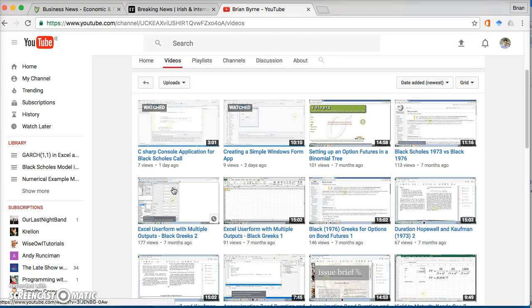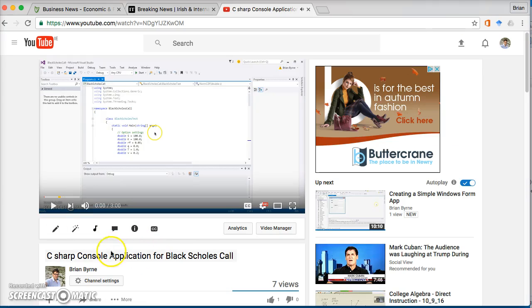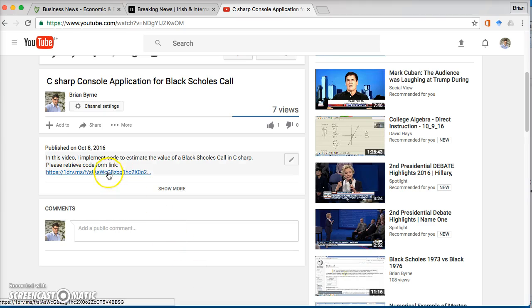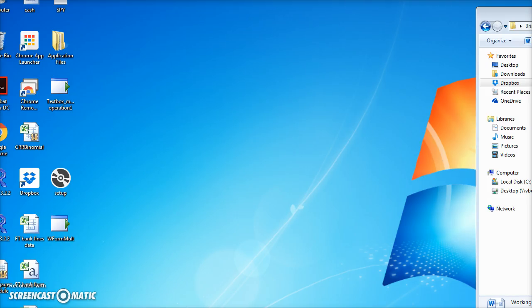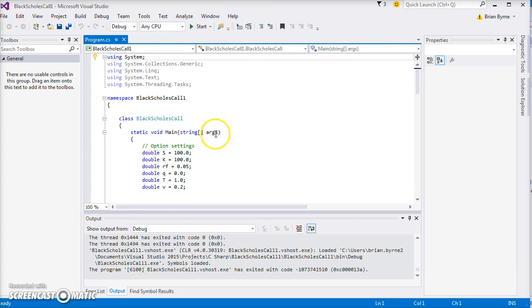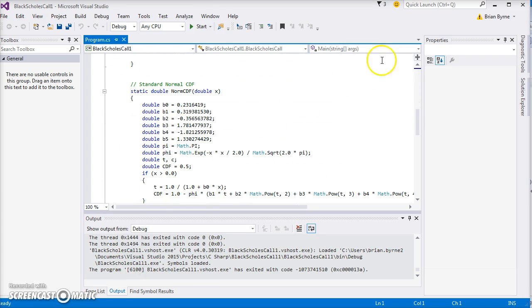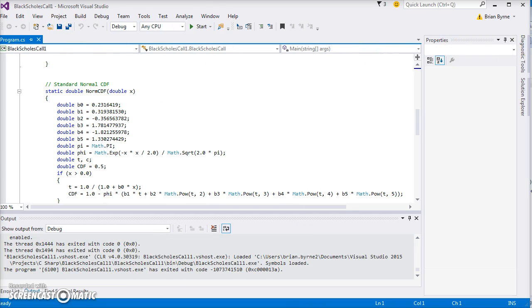Previously, I had set out a video clip illustrating how to set up in C Sharp a Black Scholes call. I downloaded code from Fabrice and Stephen Heston's book, and I used the code to put into Visual Studio. So an example here would have been this implementation here, where basically we were looking at